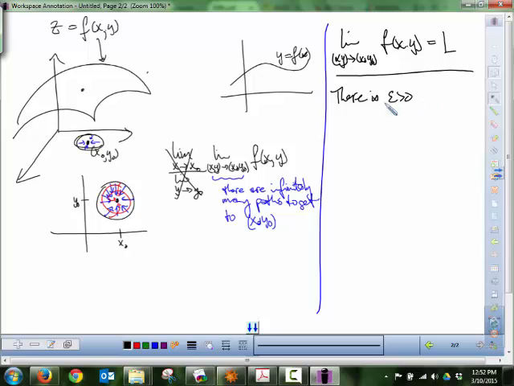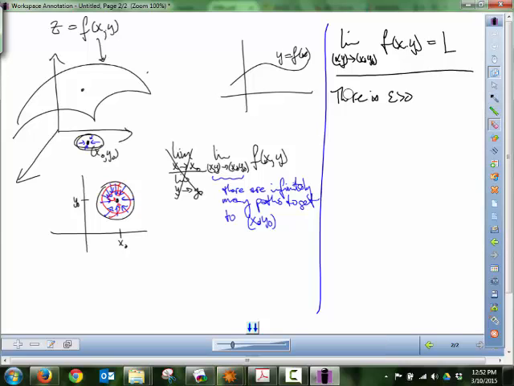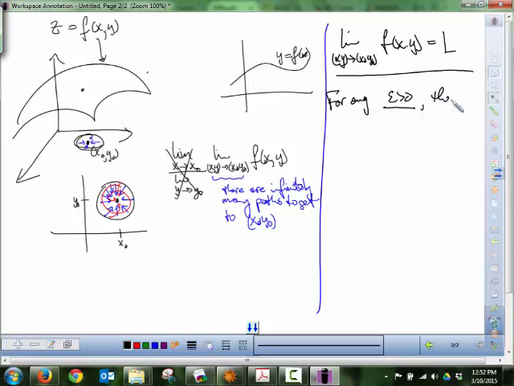I'm sorry, not there exists. It's for every epsilon bigger than 0, there exists delta bigger than 0, such that if